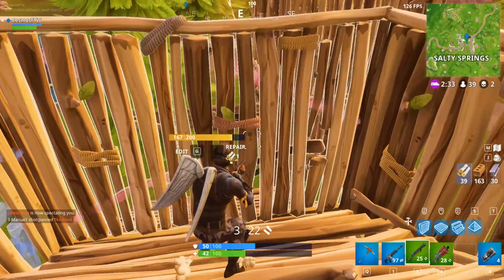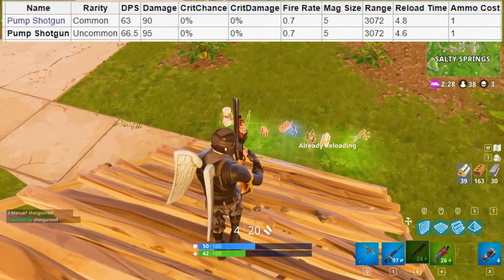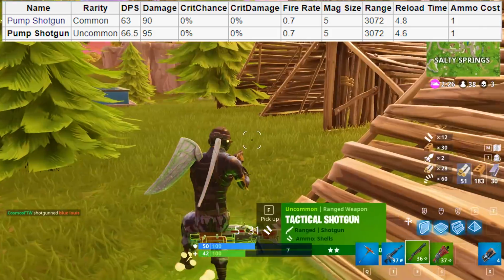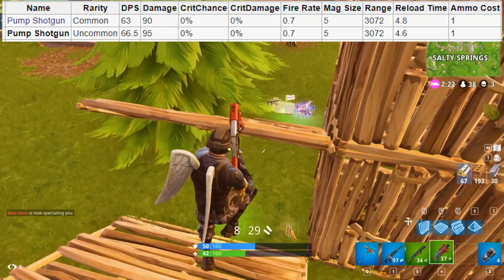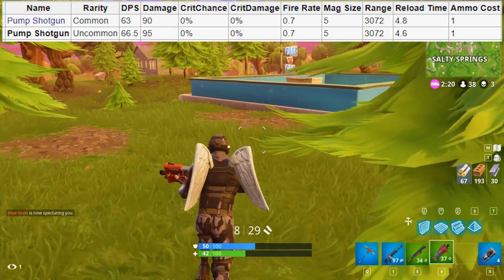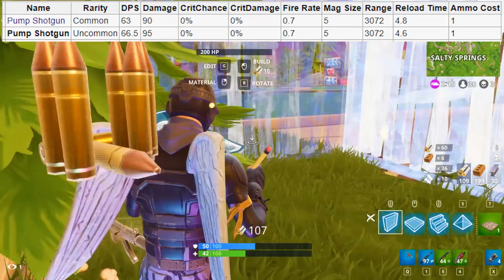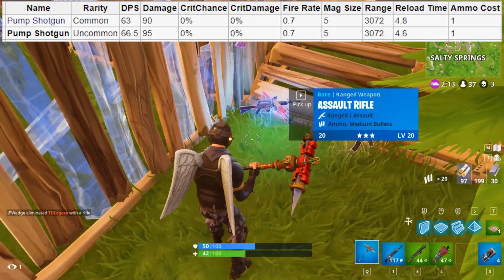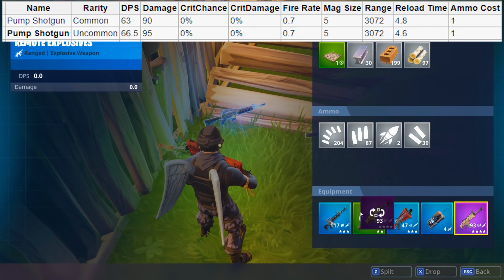So we'll start here with the pump shotgun. It comes in the rarity of common and uncommon, and it does a DPS of 63, or for the uncommon variant, 66.5. If we go along now, the damage is once again pretty high. This is the average damage that you're going to get if you shoot someone in the body without a headshot. So with the white or common shotgun, you're going to get a